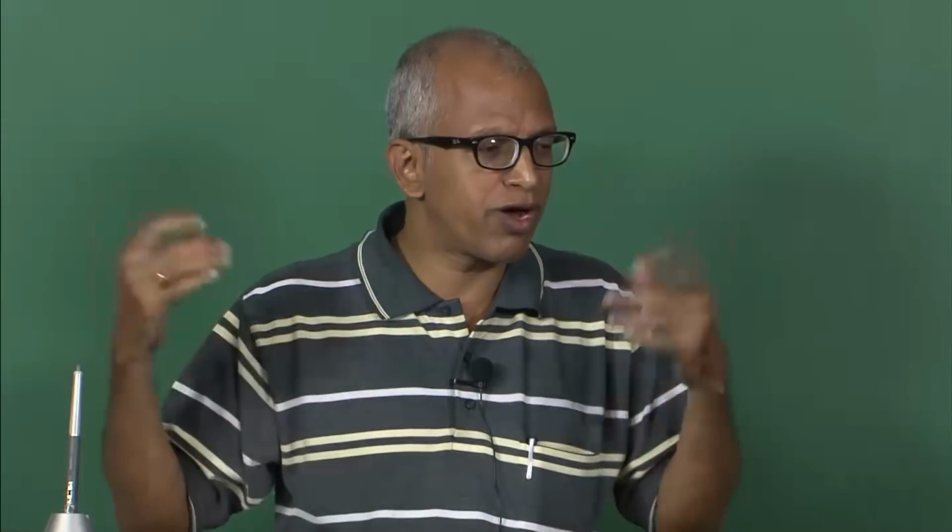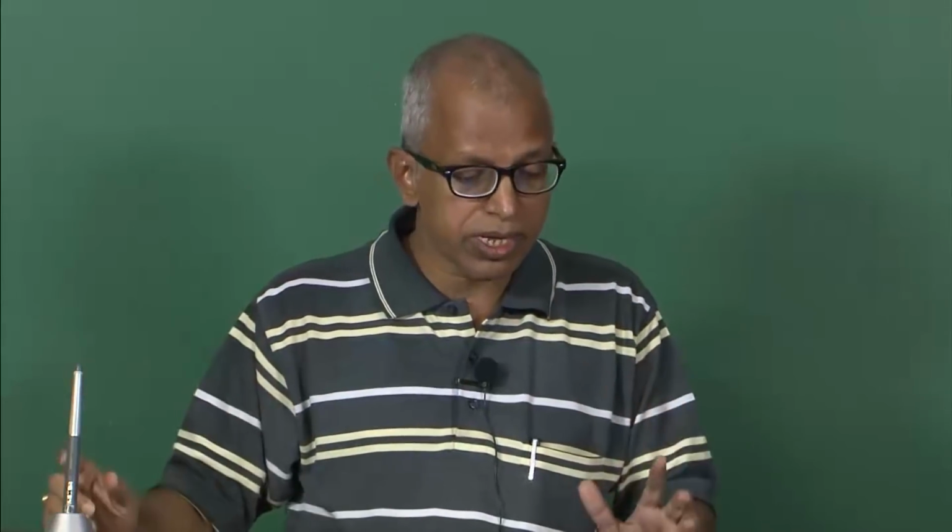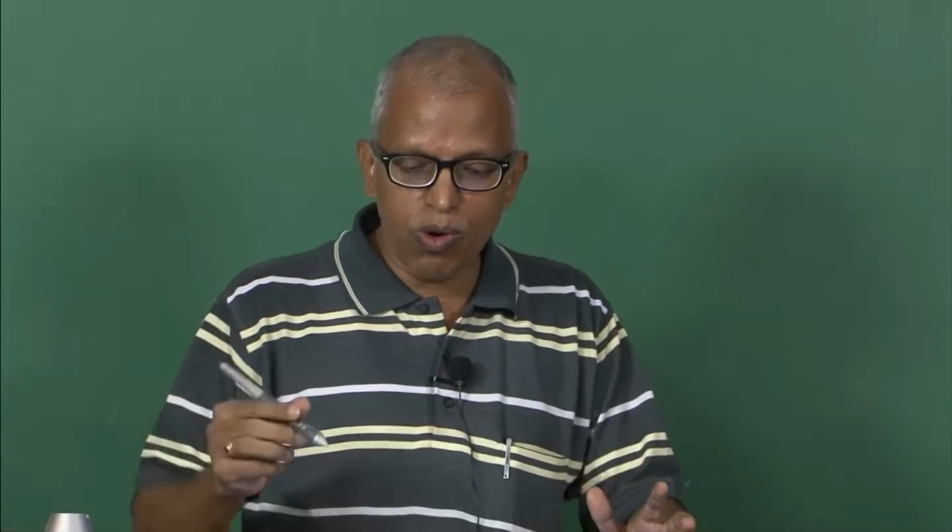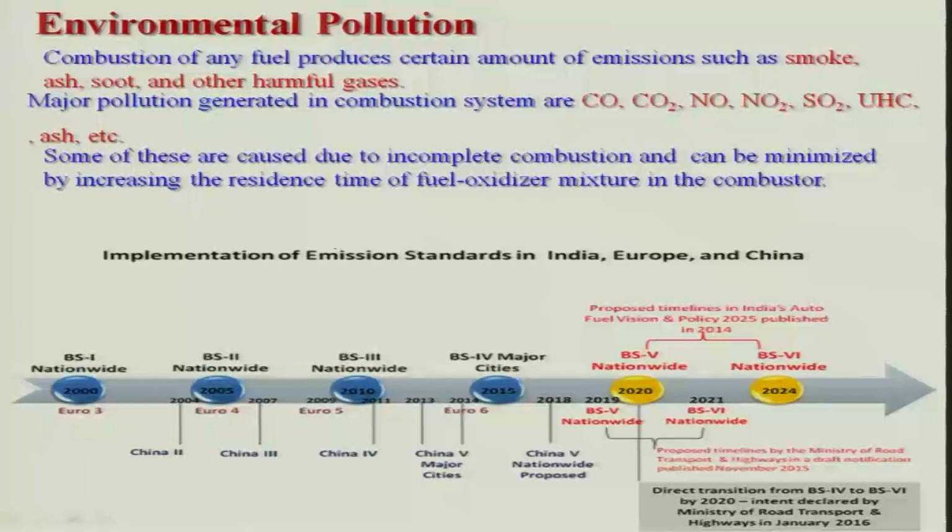And because of these things there is a lot of concern across the globe, because we are all using a lot of combustion systems for our transportation, for our food, for producing electricity, and then emission is coming. Therefore, across the globe people are trying to make the emission standards more stringent day by day. For example, in 2000, this is the Bharat Stage 1 standard nationwide, it had very high values for CO and CO2.